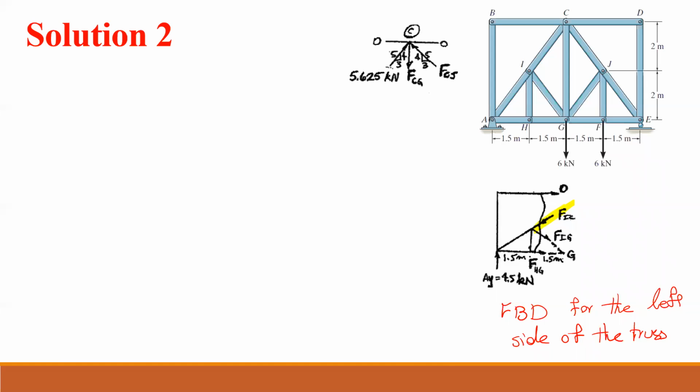If you look at these two forces, these two forces pass through point G, right? So if I get the moment about point G, both of these forces pass through G, they cannot make a moment. This one is also 0,